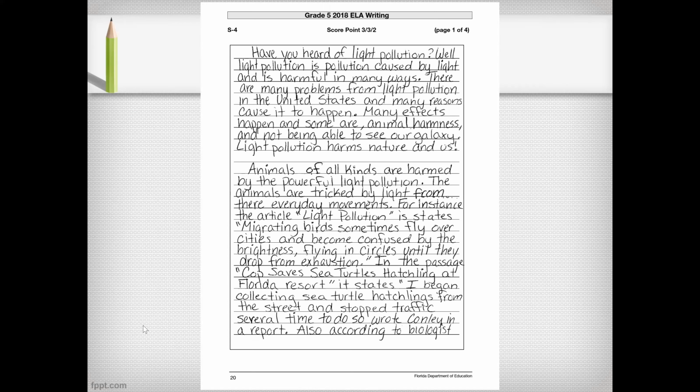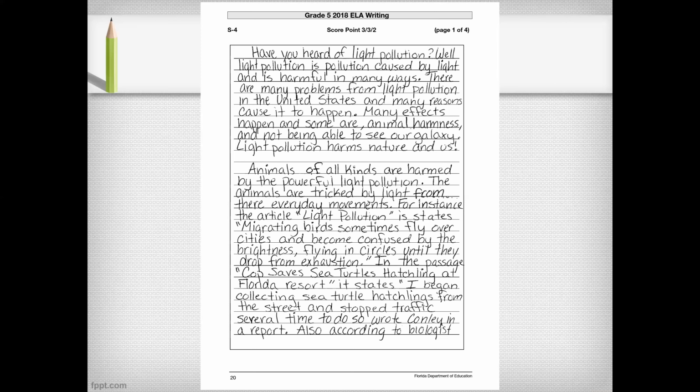I'll read it. Thank you. Have you heard of light pollution? Well, light pollution is pollution caused by light and is harmful in many ways. There are many problems from light pollution in the United States, and many reasons cause it to happen. Many effects happen, and some are animal harmness and not being able to see our galaxy. Light pollution harms nature and us. Animals of all kinds are harmed by the powerful light pollution. The animals are tricked by light from their